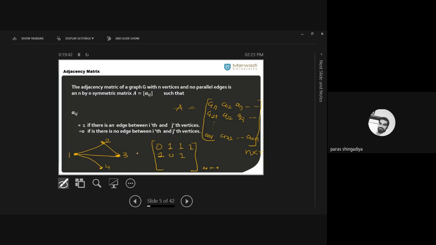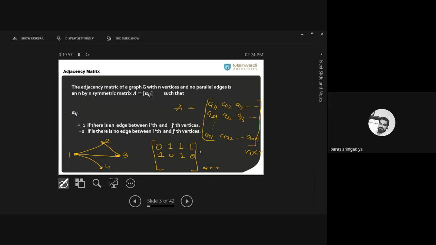And A24. So there is no edge between the second and fourth vertex. Clear? A path exists. You can easily reach the second to the fourth, but there is no direct edge between 2 to 4. Clear? So the output of A24 will be a 0. ठीक है? That is your second row for the second vertex.